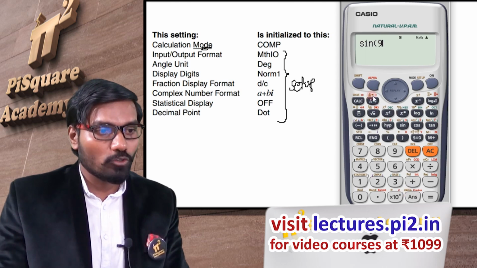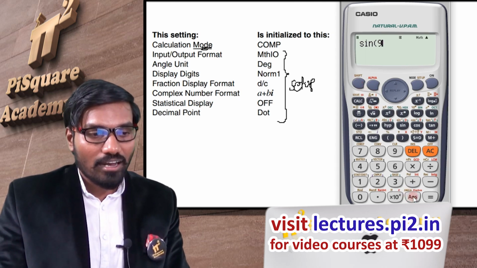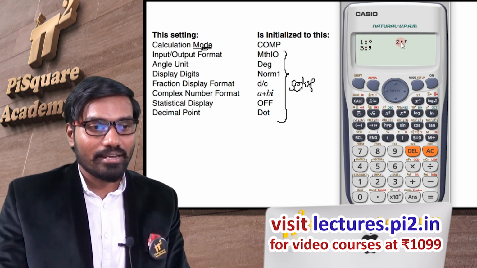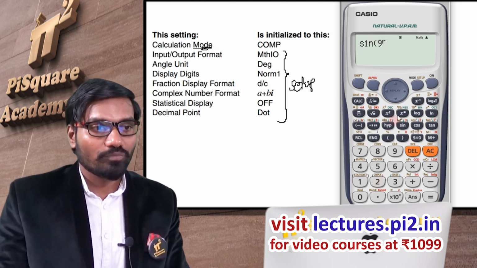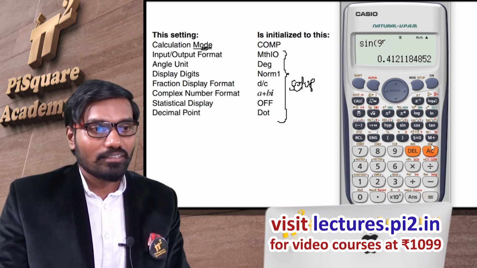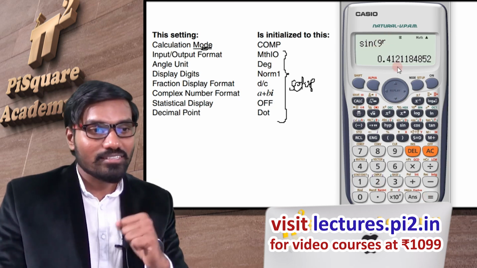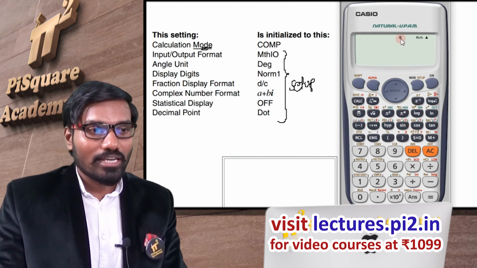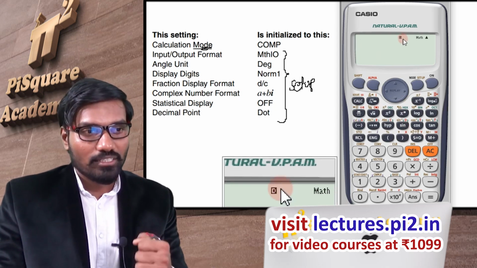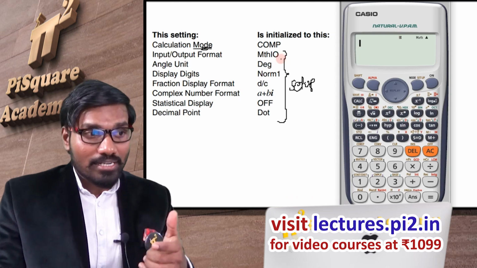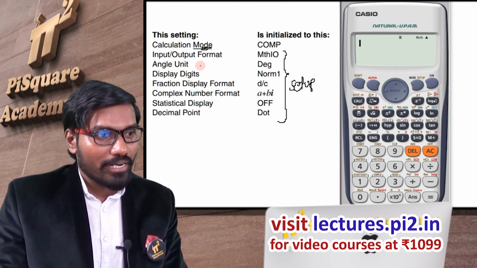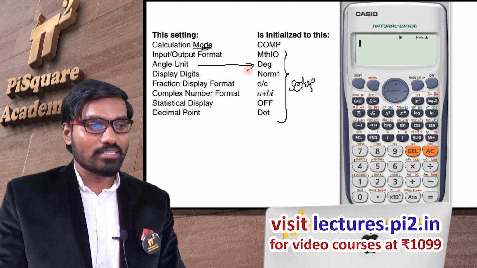To activate this, which is in brown color, you need to go for shift and answer. Then it is asking for degrees, radians, or gradient. Radian I want to enter, hit 2, 9 radian, that's answer. Sine 9 radian is this answer. Okay, that's for temporary purposes, but permanently your calculator is in degrees mode for now. Okay, so when you initialize it, angle unit by default will go to degrees.